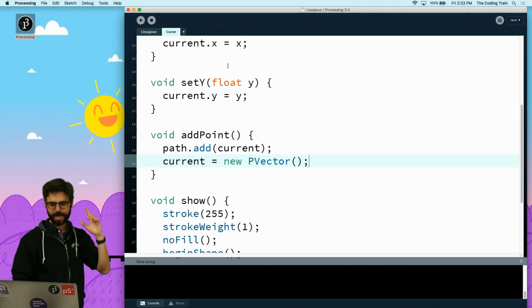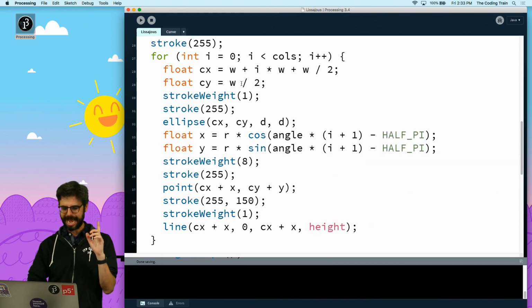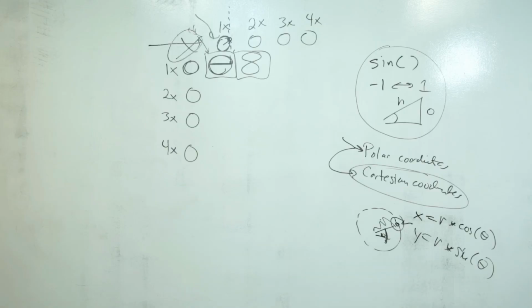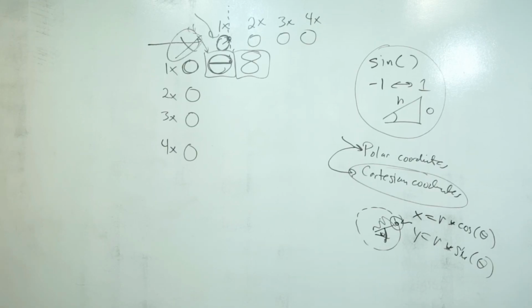Let's think about this. In other words, now, for every column, hold on, I know I need to turn the camera back on. This is a little edit point. And I'm just going to do this camera while I'm here.